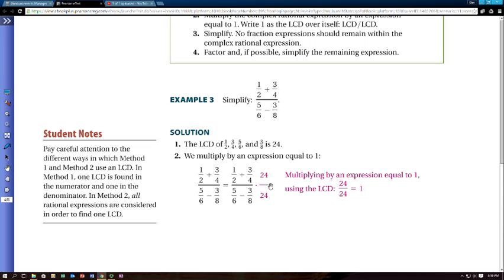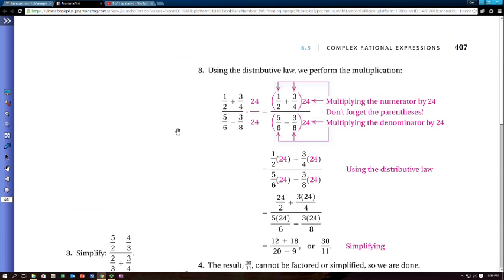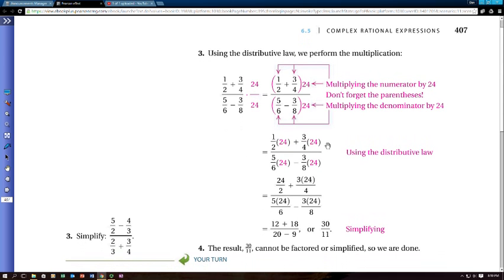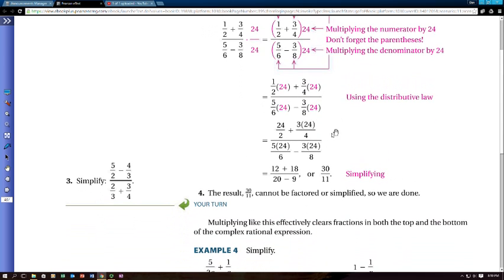So that's what they do. They take 24 over 24. Here you'd have numerator times numerator, so I'd take 24 times this quantity right here, and we end up with a new expression. They're showing this multiplication here again, and I end up with that distributing, and I end up with